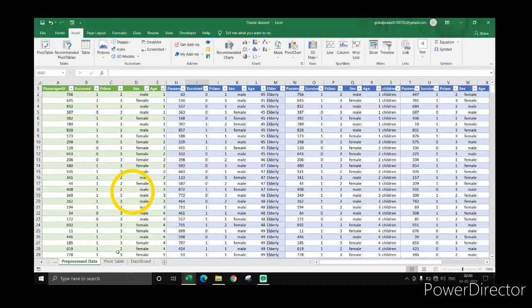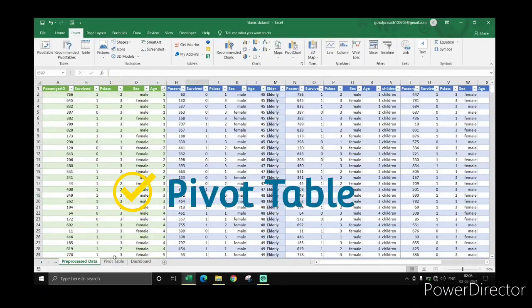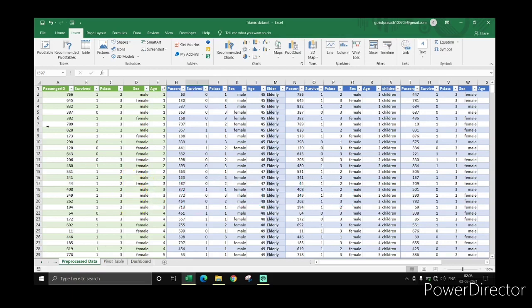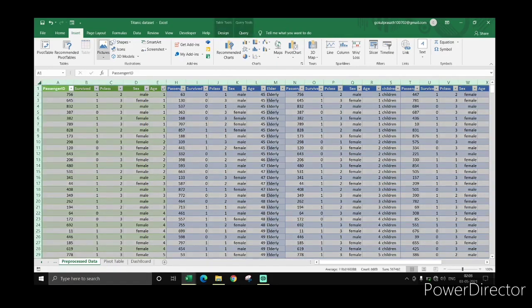After the data pre-processing, the next step involved is the pivot table. For creating these pivot tables, we are pressing this triangle option, and after that, in the insert tab, we are pressing the pivot table option.